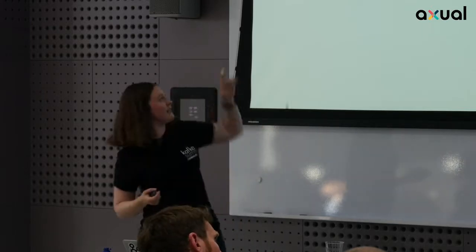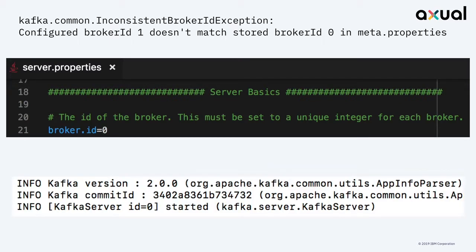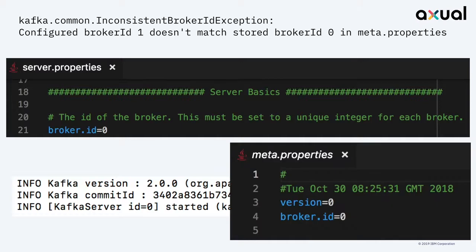And you can see it says here that it must be unique. So they have this unique ID. But the thing that's not immediately obvious is actually when it stands up, it will log out what it thinks the ID is, but it will also create a file called meta.properties in its storage, and it will put the broker ID in there.